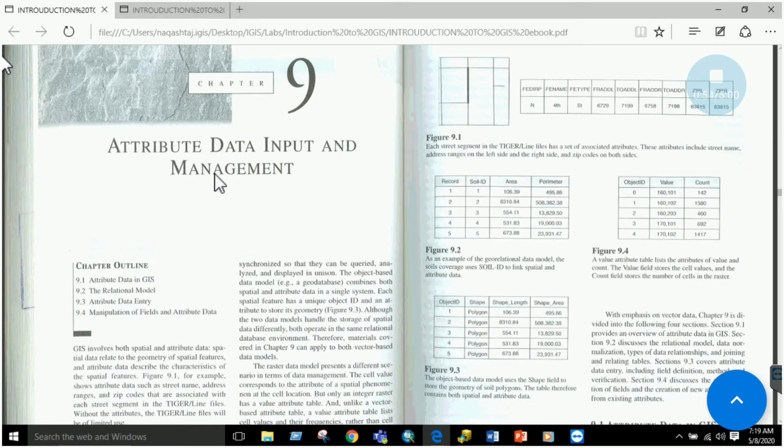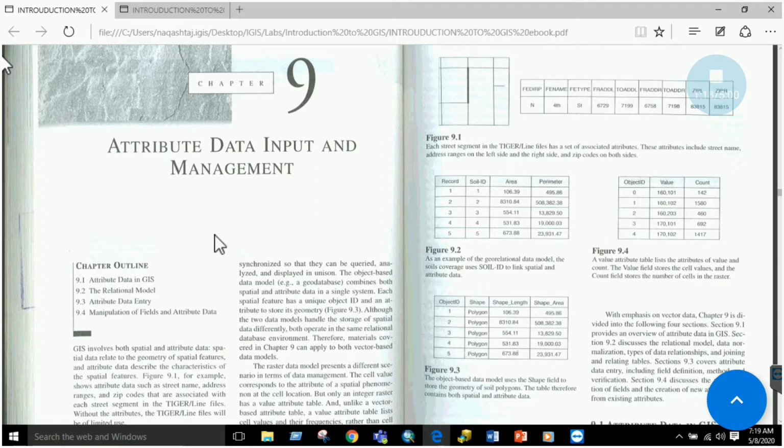This chapter is basically about attribute data input and management. As we already have an idea, GIS data has two components. One is the spatial component and the other is the non-spatial component. The spatial component is basically the geometry, line, point, polygon, and the non-spatial component is actually the attribute data.